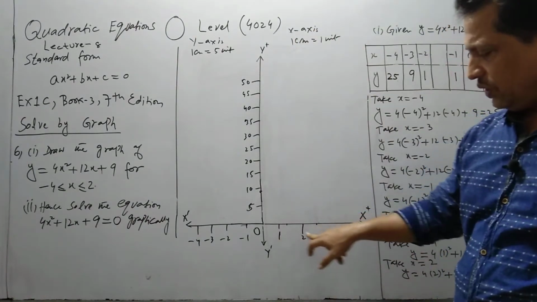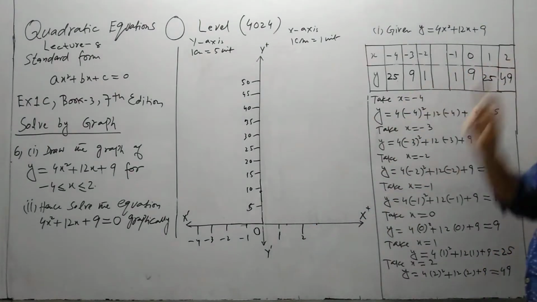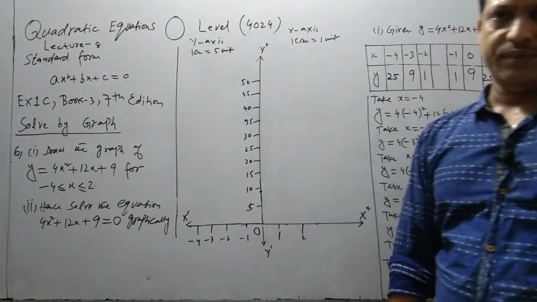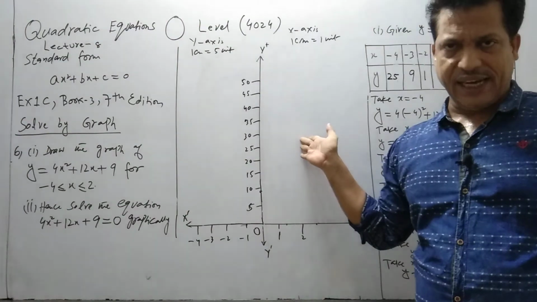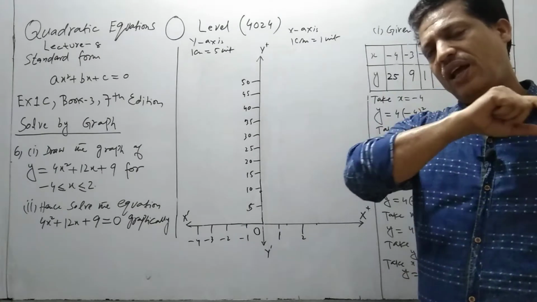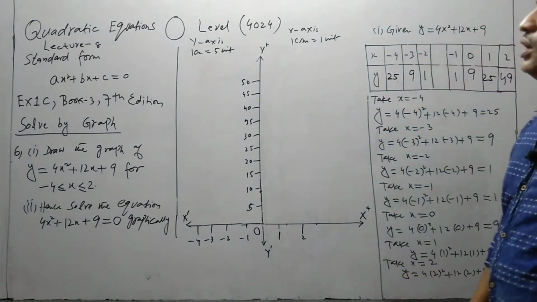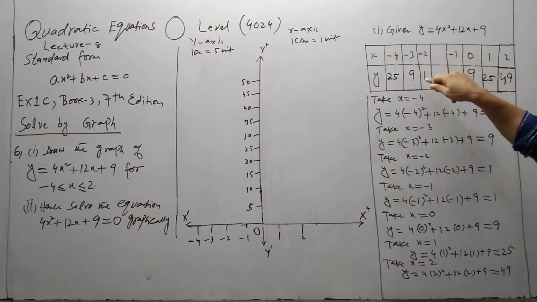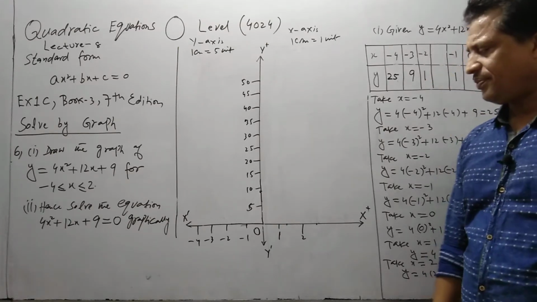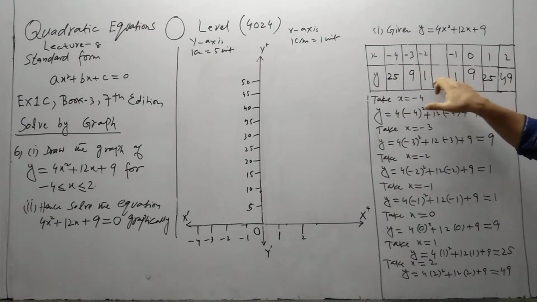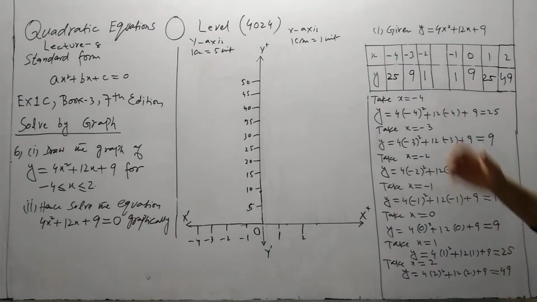So 1 centimeter is 1, 2, the maximum positive value is 2, and the minimum value is minus 1, 1 centimeter minus 2, minus 3, minus 4. And you know, this is not centimeter graph paper, so I cannot take very accurate values. But you have graph paper, so you can take very accurate values. Okay. Now come to the y-axis. You can see the maximum value of y is 49 and the minimum value of y is 1. So students, if you see carefully, there is no negative value of y obtained.